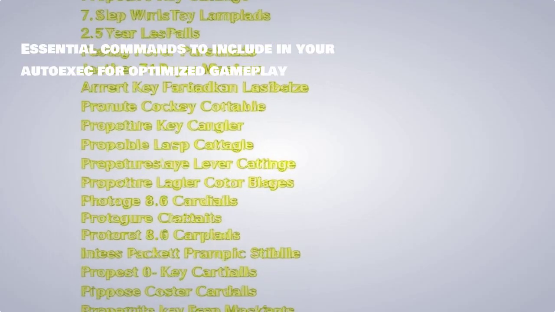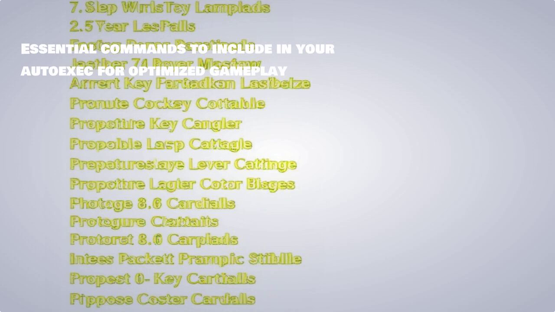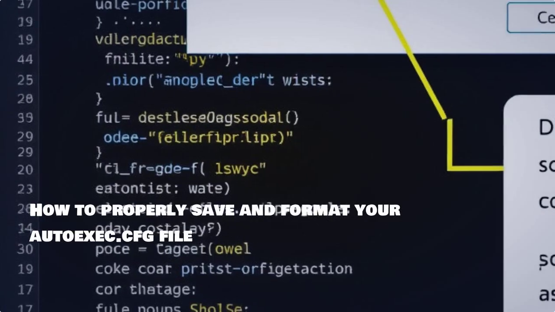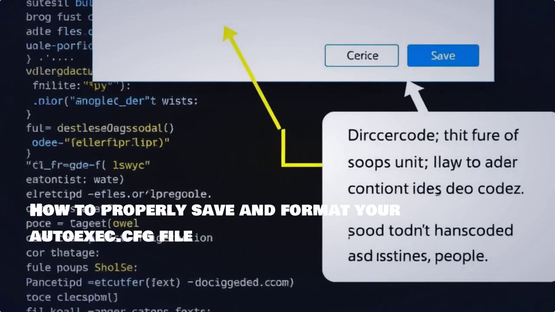Now, let's add some essential commands. You might want to include settings like cl_righthand 1, sensitivity 2.5, and bind W +forward for optimal performance. When saving the file, make sure to select All Files in the Save as type dropdown and choose UTF-8 encoding